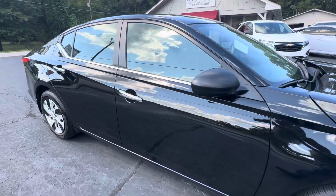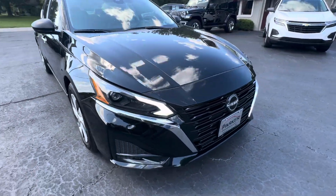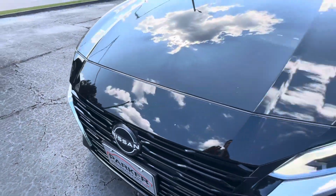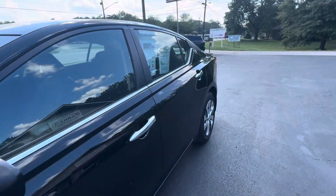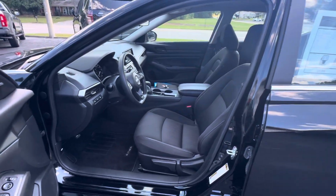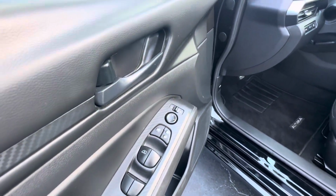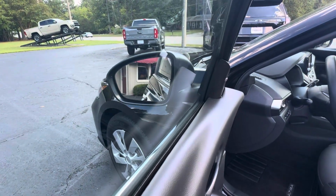Chrome door handles, black mirror caps, LED daytime running lights, projector beam headlights, forward collision sensor integrated right into the grille. It's equipped with keyless entry, bucket seats, embroidered floor mats, power windows, power locks, power mirrors, blind spot warning that also comes with rear cross traffic alert,